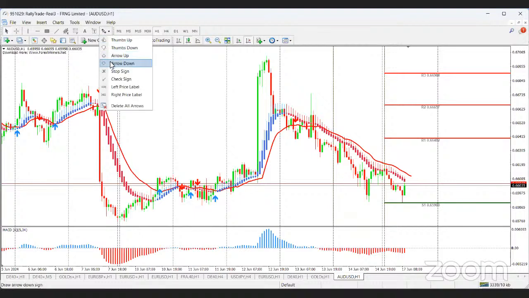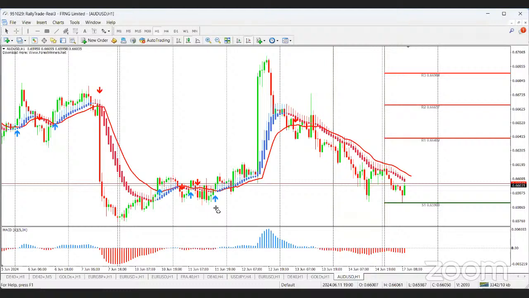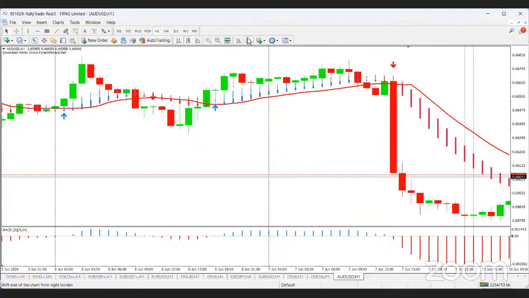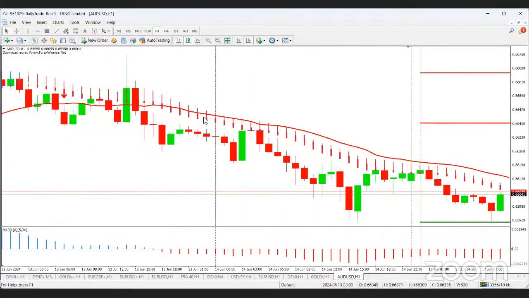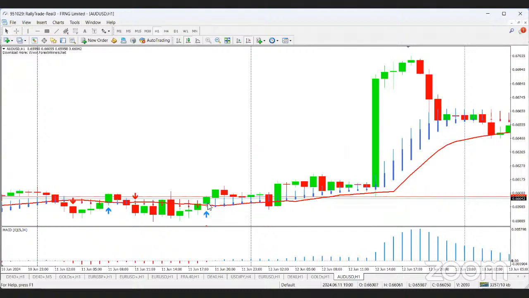So for example, now when you have this arrow up, and you also have the MACD here turning blue, it means that price has potential to actually shoot up. But that's not enough. You also need this blue arrow to point to a green bar. If I go back in history, I can give you an idea. This perspective says that there's a blue arrow in town, and the arrow is also pointing to a green bar. If it is so, it means that price has potential to go up. So those are the three conditions that you need to look at.